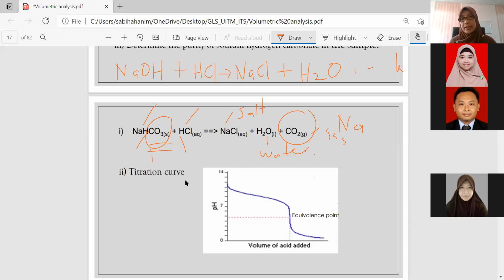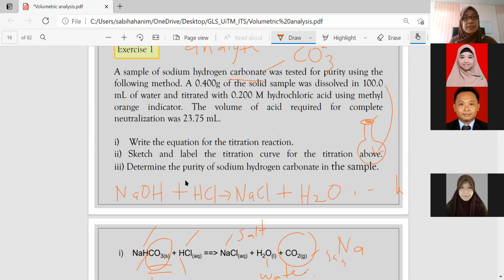When your chemical equation is complete, okay, the second question is about the titration curve. The question asks us to sketch and label the titration curve. So for the titration curve,